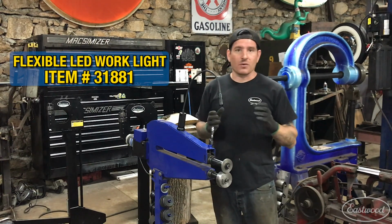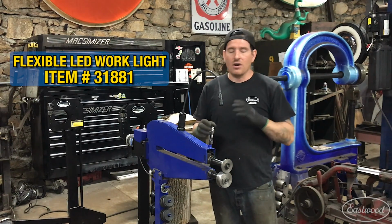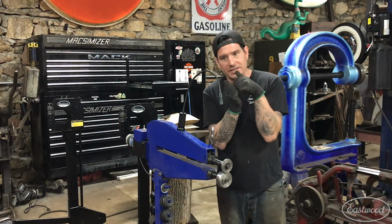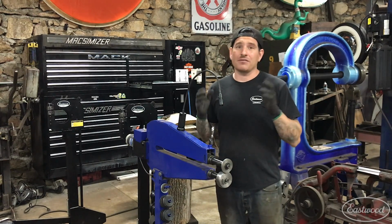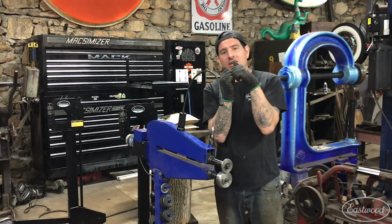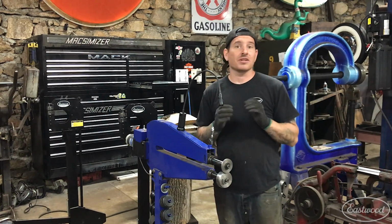I've tried all different ways over the years to clamp work lights, put a headlamp on, all different things to try and get good lighting right where I'm rolling a bead, right where the bead roller dies kind of come together. There's always a dark spot. My shop is really well lit. I've converted all my lights overhead to LED, but still I'm getting a dark spot right where my bead roller dies come together, and it was causing issues when I was rolling beads, especially when you're doing something that's really